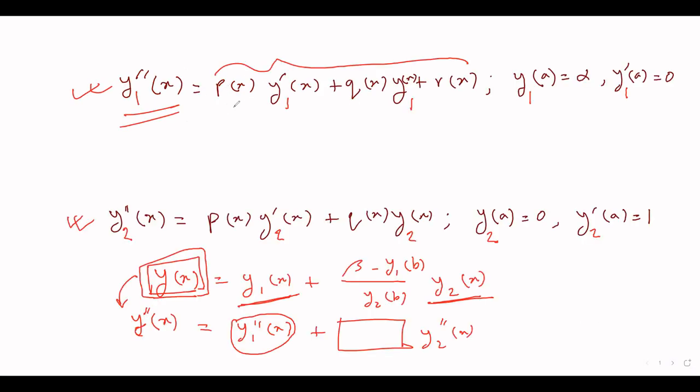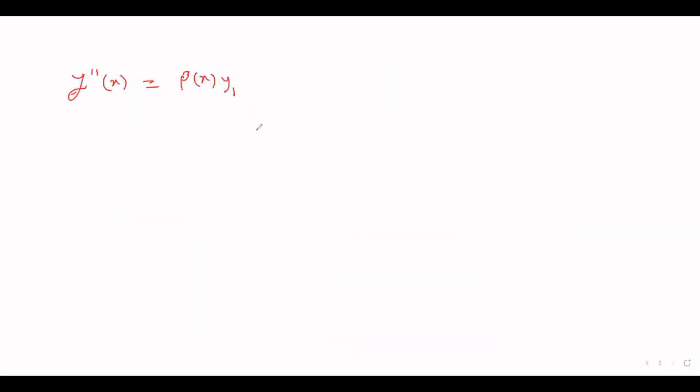So on the next page, I'm going to write y1 double prime x equals, first, the right hand side was p of x y prime plus q of x y plus r of x. So let's just follow that. So p of x y1 prime x